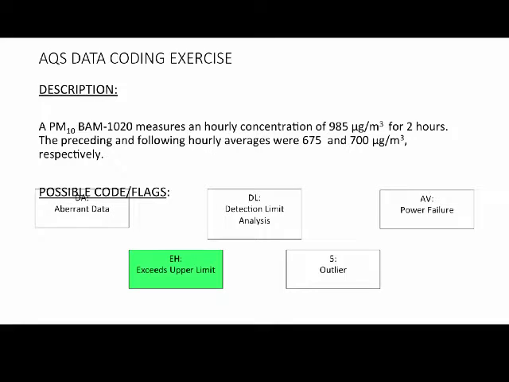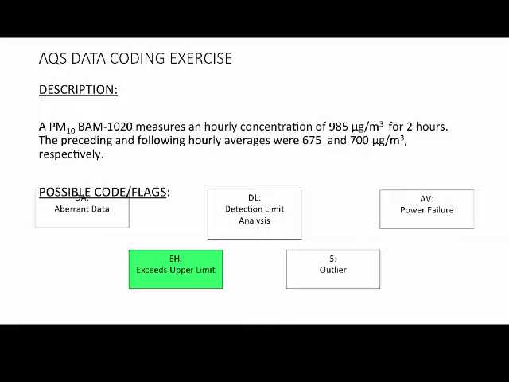And the answer that we came up with was exceeds upper limit. So this is a little bit of a tricky one because we don't have a ton of information, but this situation is possible when the PM10 BAMs reach their upper limit and get the error code of 985 that represents that. So a DL